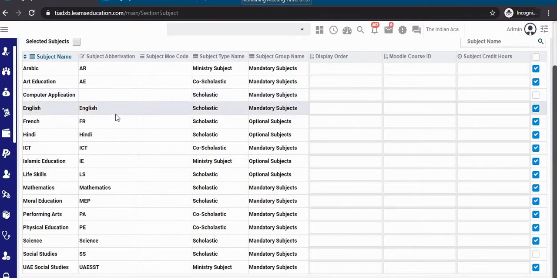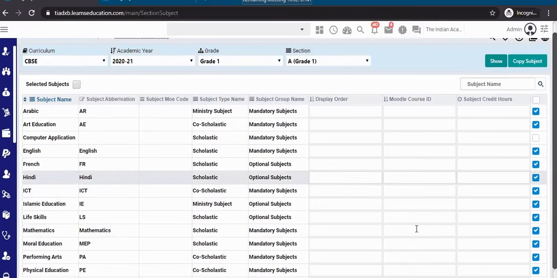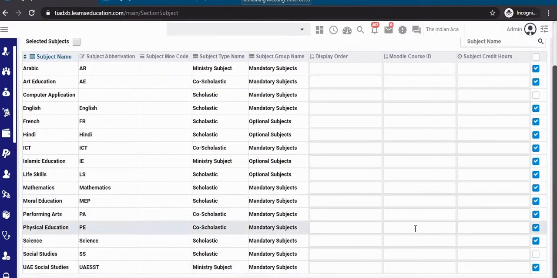Okay, understood? Just click on submit. Whatever unmapping or any new student, or any student is not appearing in the marks center screen, just visit this application, click on update. All mandatory subjects will get mapped to that student, and the student will appear in the marks center screen. Only optional subjects will not be mapped. Clear? Okay. For example, this grade 1A, as you can see, French, Hindi, Islamic studies, life skills. These are the subjects marked as optional subjects.